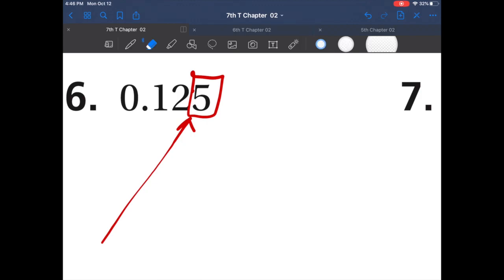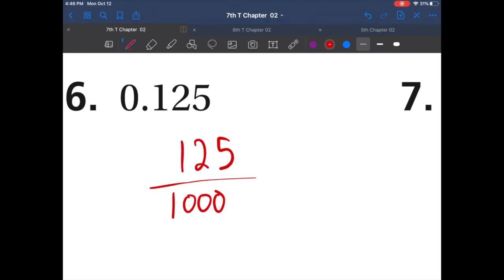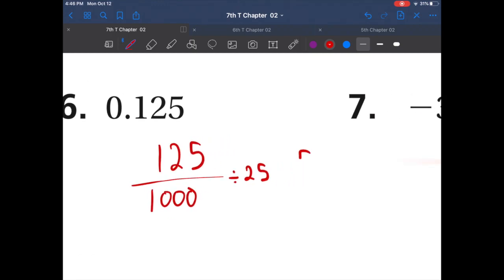What is the place value for that 5? That is in the thousandths place with the TH. So that's 125 over 1,000. Well, can we simplify this? Yes, we can, ladies and gentlemen. What number can we divide that by? I would say 25. How many times does 25 go into 125? I'll say 5 times. And then